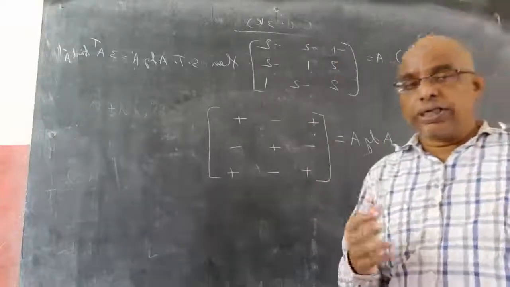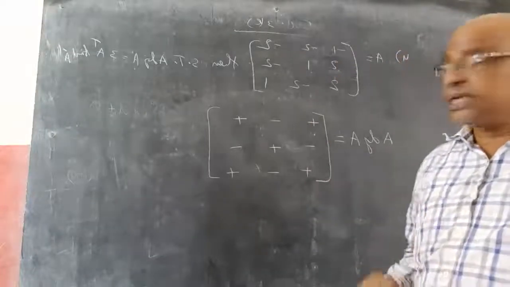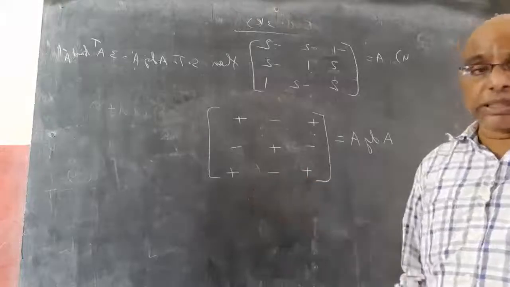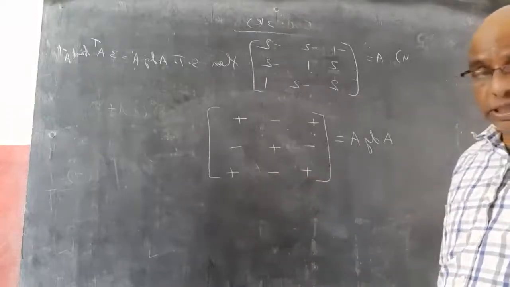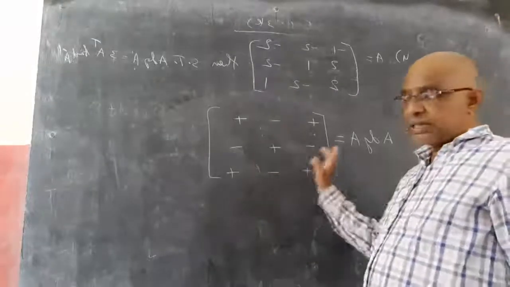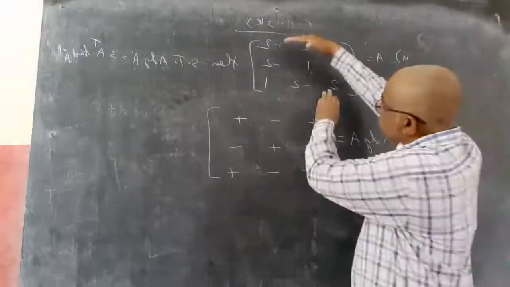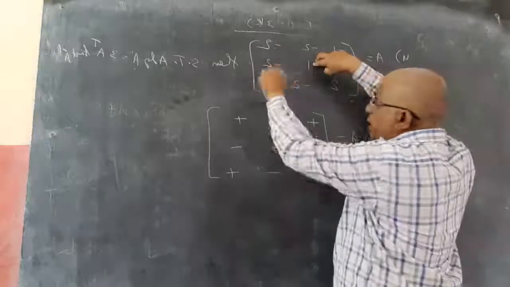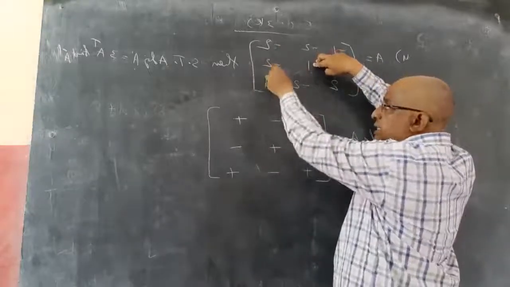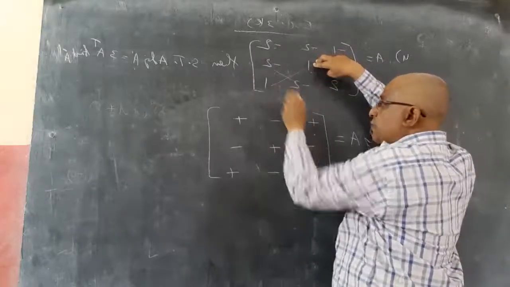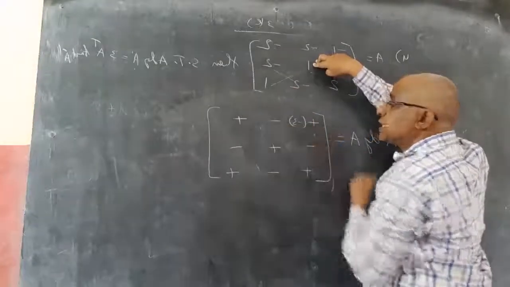You have only 2 by 2 and 3 by 3 in intermediate. That's why I am giving you two shortcuts: 2 by 2 one shortcut, 3 by 3 one shortcut. Keep plus minus everywhere. Then to find this element, close this row, this column, then write down 1 this into this minus this into this. 1 minus 4 gives you minus 3 like that.